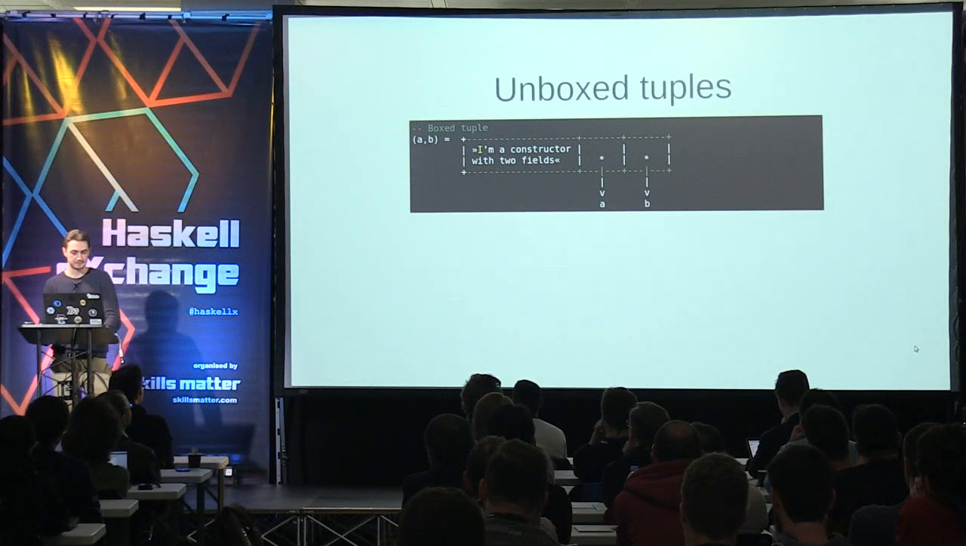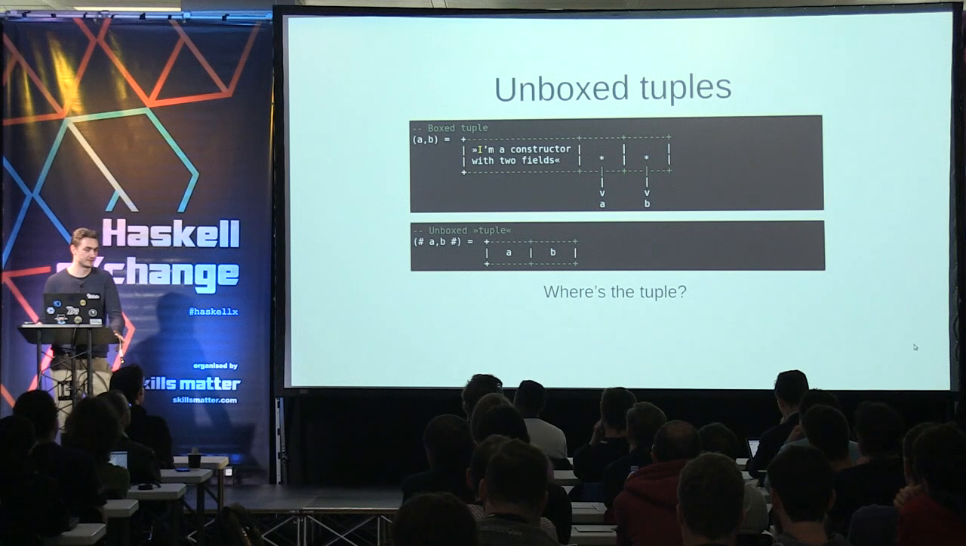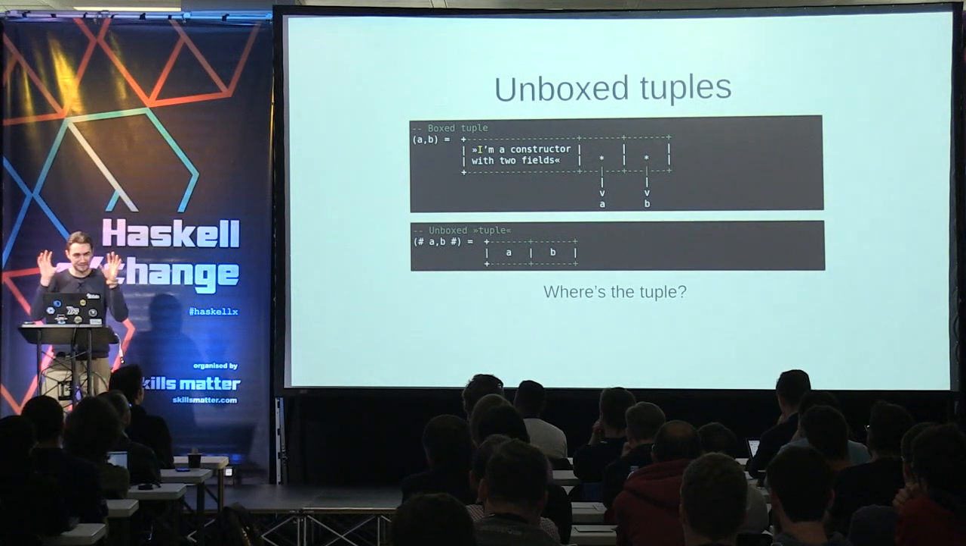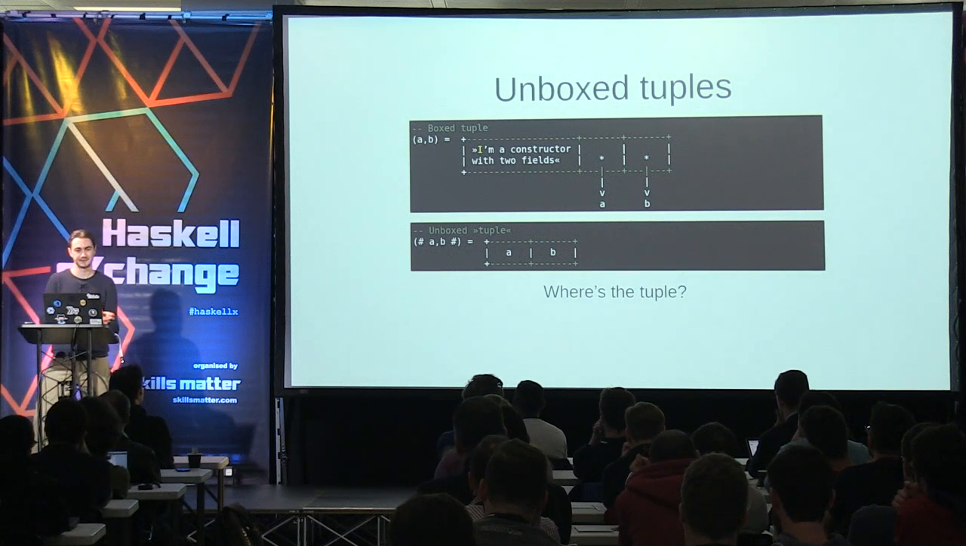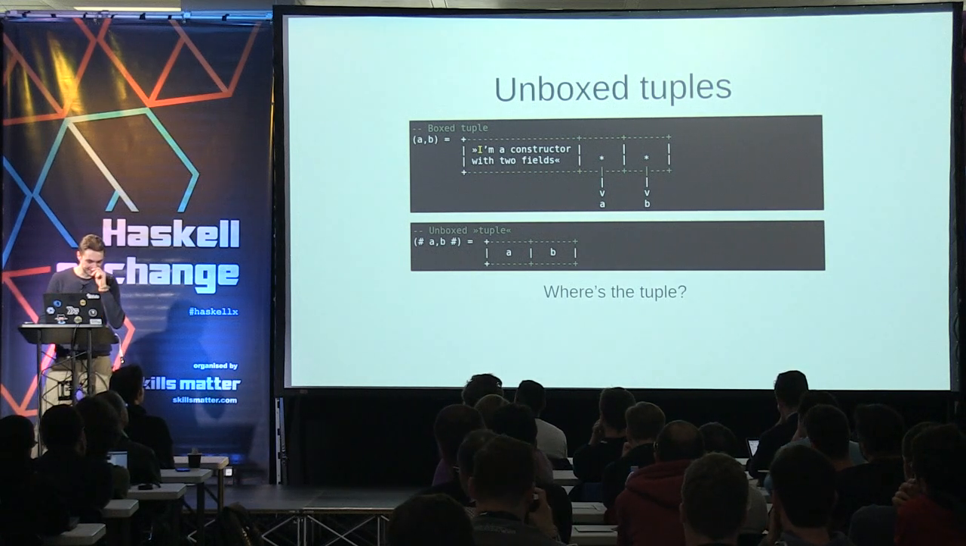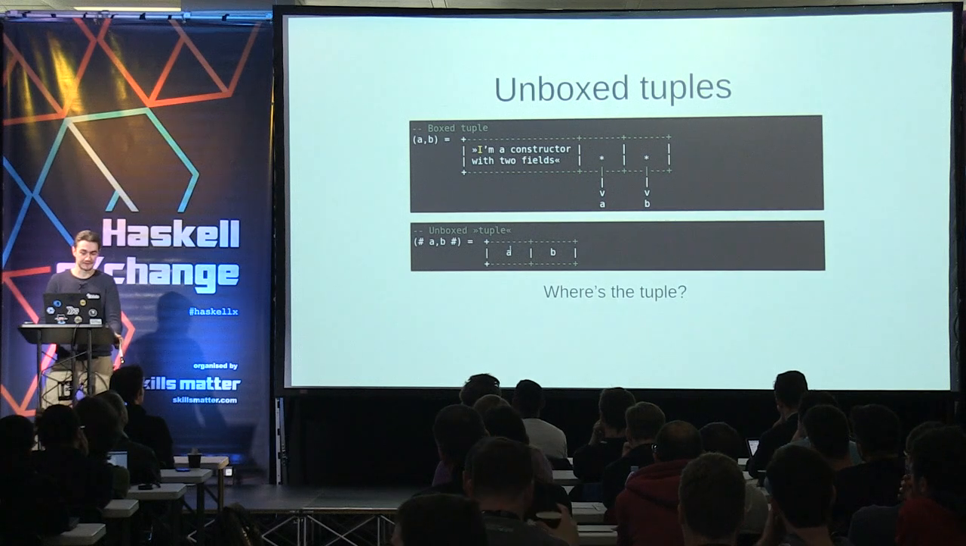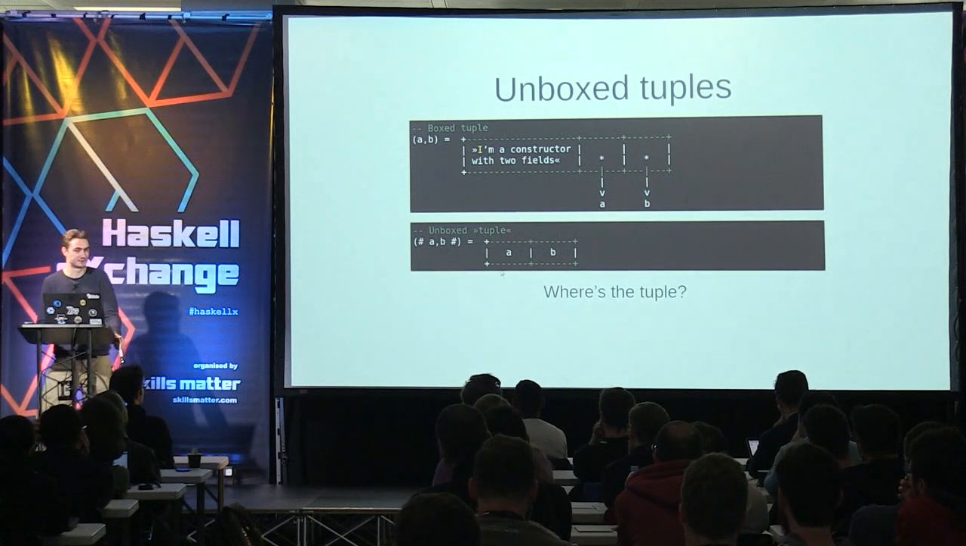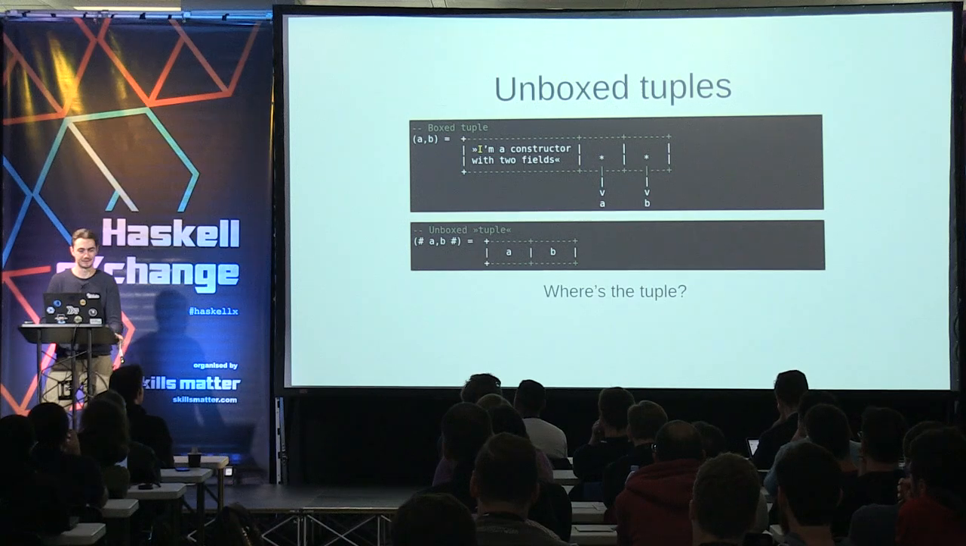Whereas an unboxed tuple, it's not really a tuple. It's just literally these two things in memory next to each other, which has a couple of advantages and disadvantages. So for example, if you look at this, it's not really a tuple. There's nothing saying this is a tuple. This is just two memory cells just laying around in memory. But on the other hand,